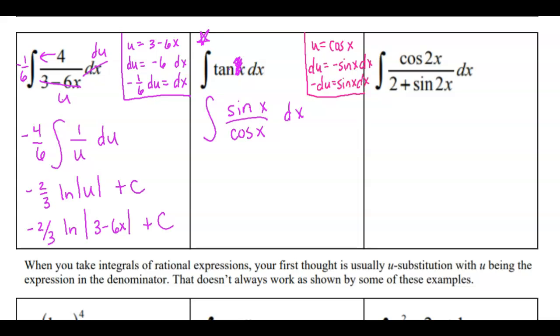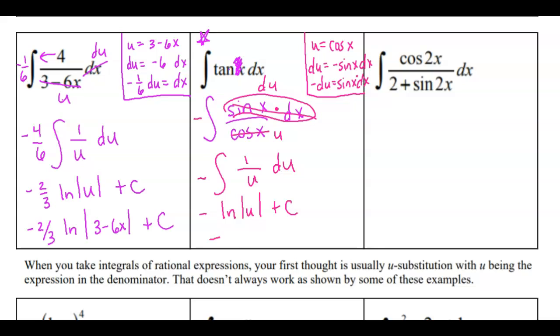So we'll go ahead and divide by that. All right, so then we're going to match it up. So I see a sine dx, and remember, those are being multiplied, and so are those. So I get negative du, and then cosine is u. So we get negative 1 over u du. Now I like to write that just to make sure, did I cover everything? So now it's negative the natural log of u plus c. So negative natural log of cosine